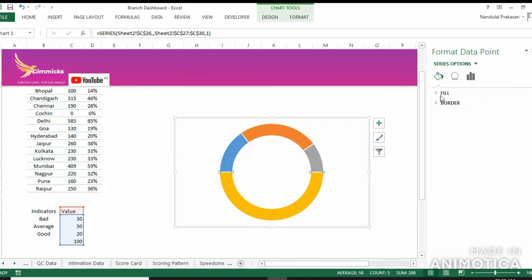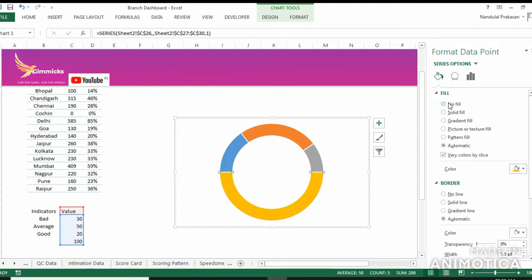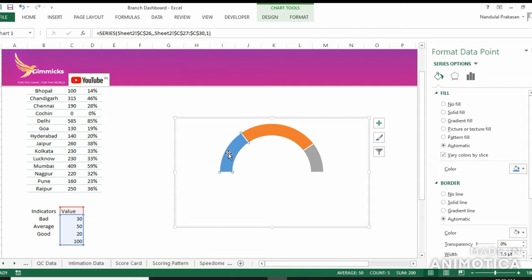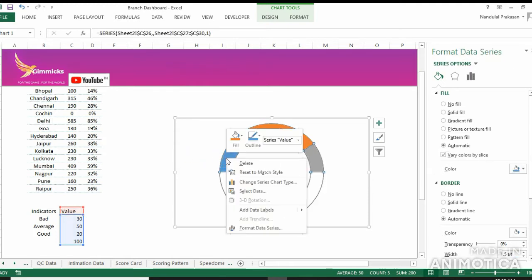I'll expand these two options and click on no fill and click on no line. Great. I'll also give the data labels for the rest three indicators. So let's select this, go to add data labels and then click on add data labels.